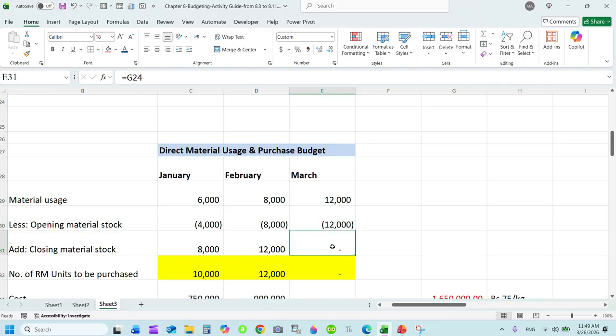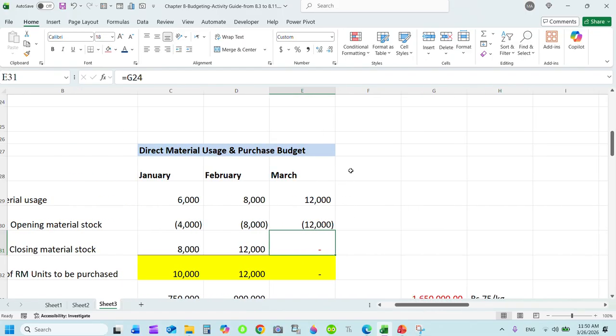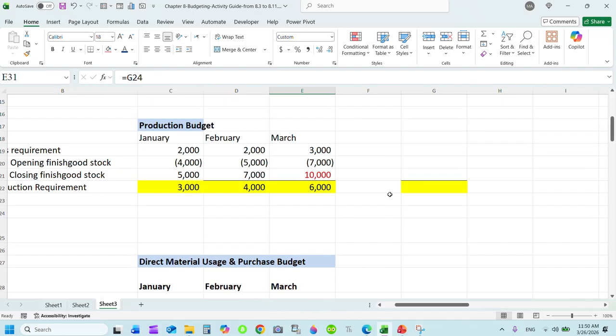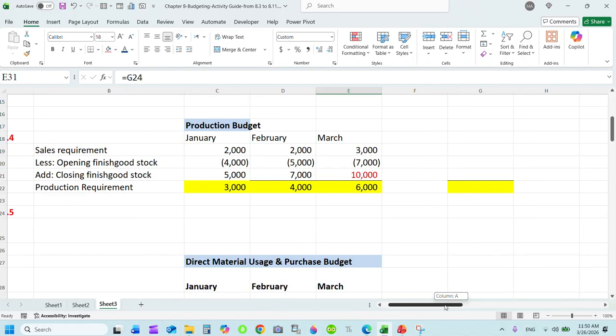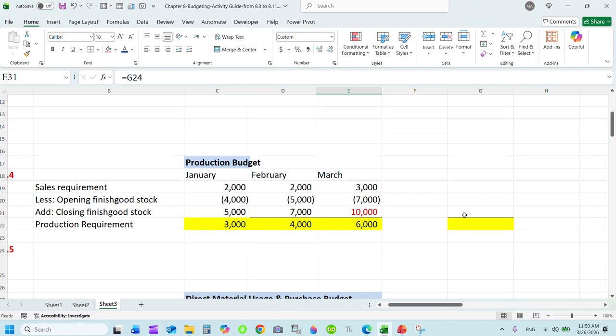And for the month of March, closing raw material should be based on April month production requirement. So accordingly, we need to prepare April month production requirement. We need to do that part, right? Because